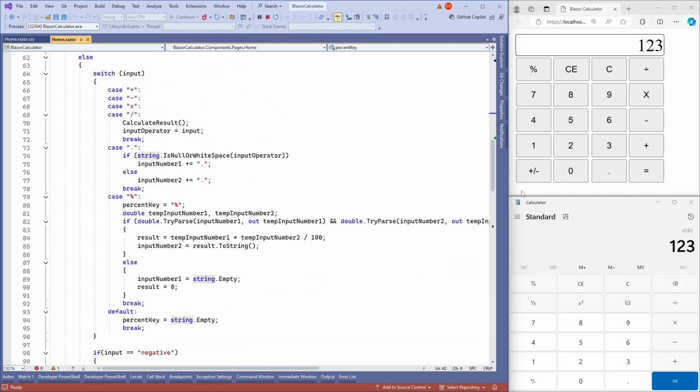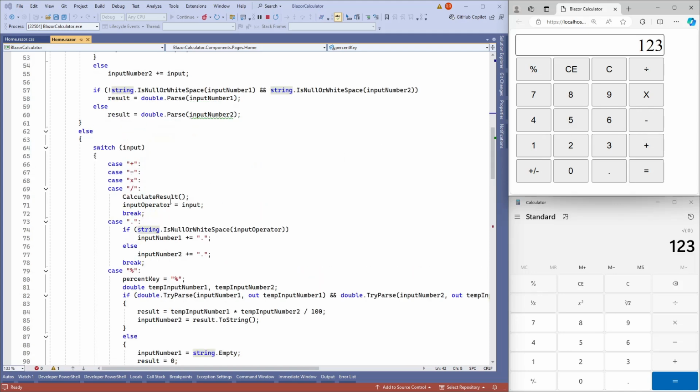All right, and then see here, if you click on the plus, it gets stored in the input operator, and then we can enter again another number. You see that it clears out but still displays the results, like on the Microsoft calculator. 456. All right,